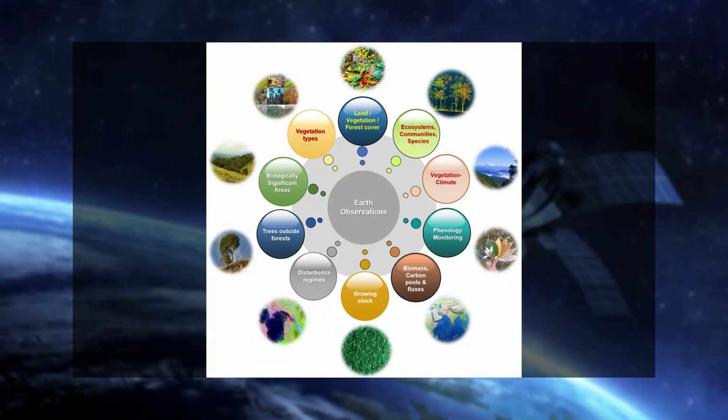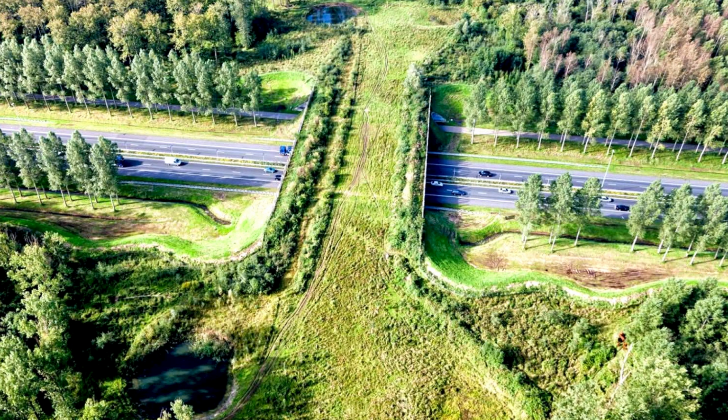GIS also plays a pivotal role in assessing habitat connectivity, which is crucial for maintaining genetic diversity and ensuring species survival. By identifying and mapping ecological corridors, GIS helps conservationists design networks of protected areas that facilitate wildlife movement and reduce the negative effects of habitat fragmentation. This can be particularly important in landscapes that have been heavily modified by human activity, where wildlife corridors serve as lifelines for species migration and dispersal.